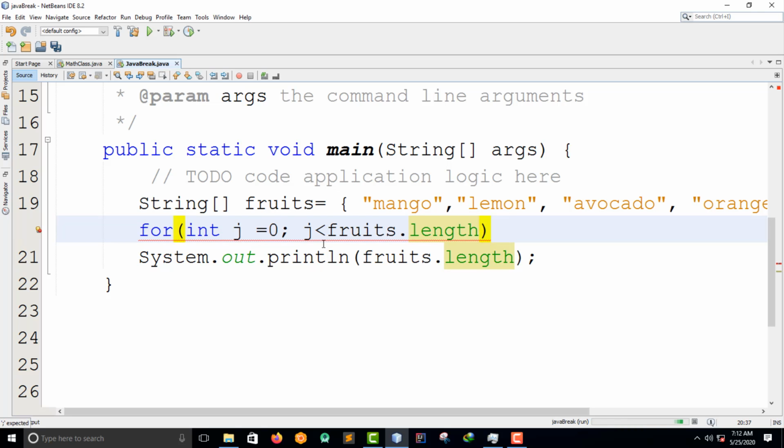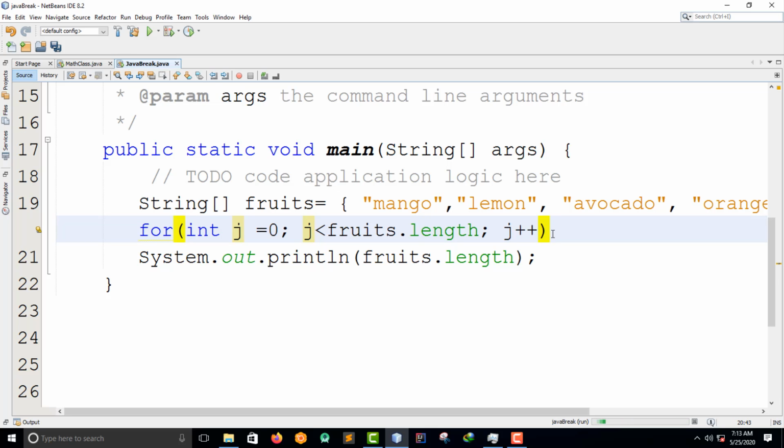Then I have to put j plus plus so that the loop can break out. So down here, what I'm doing is saying for int j is equal to 0, and j is less than the fruits length.